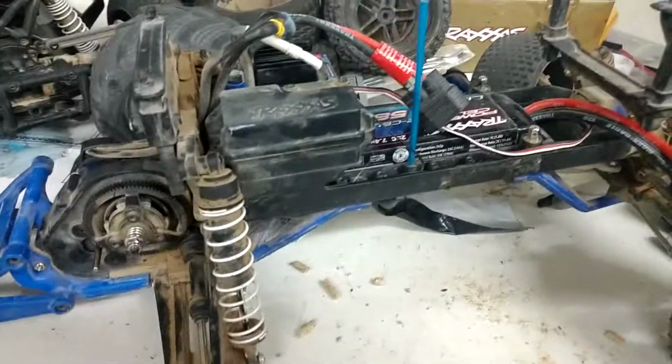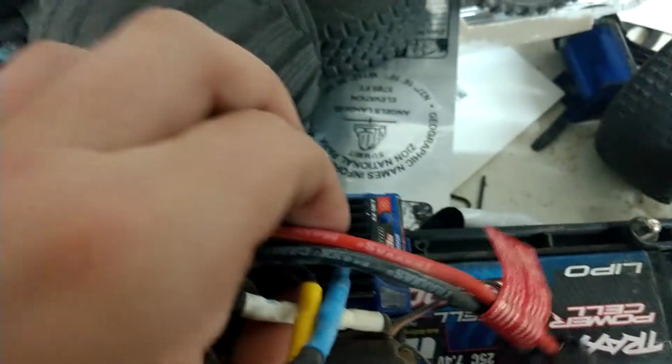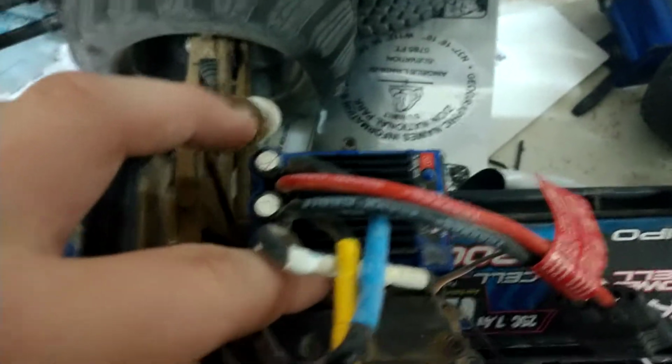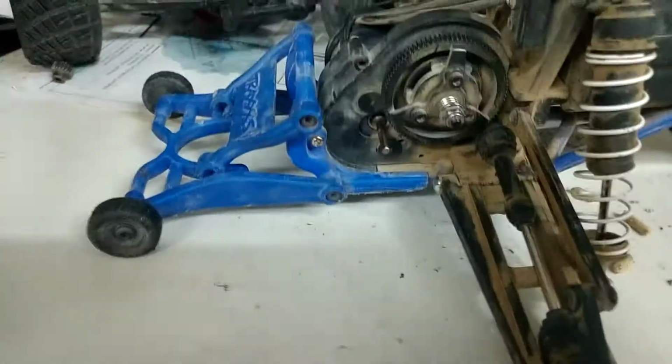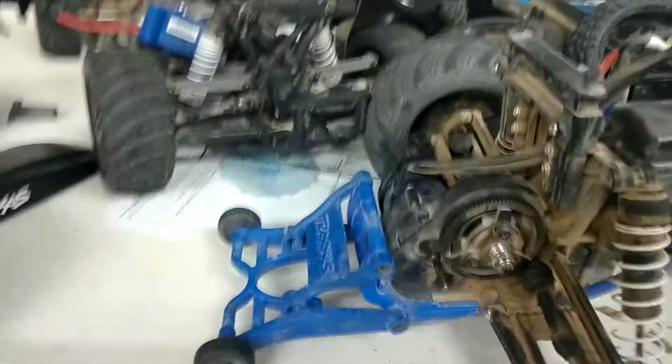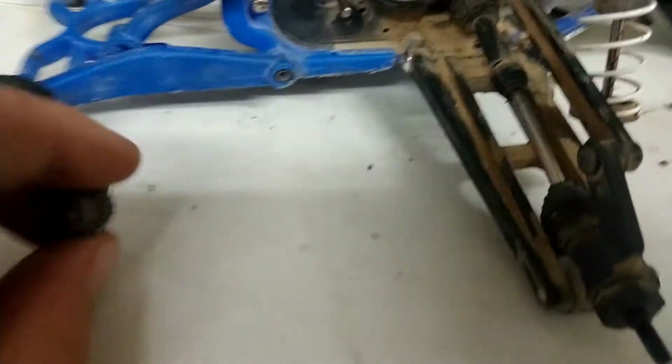So you put these in the front, and then once you get your brushless motor, it's the same thing. Literally, how to take it out, it's the same thing when you're putting your brushless one back in. It's just that the ESC on the brushless ones are a little bit skinnier, so you just put it on the farthest screw here and the farthest screw here. And then the motor, you would have to adjust it to whatever spur gear you got,